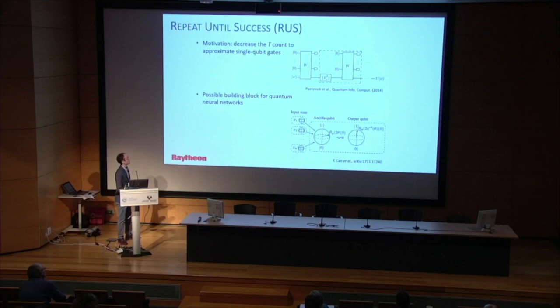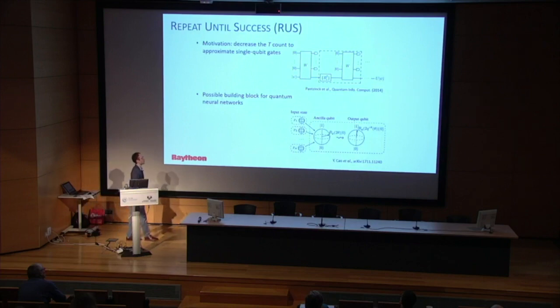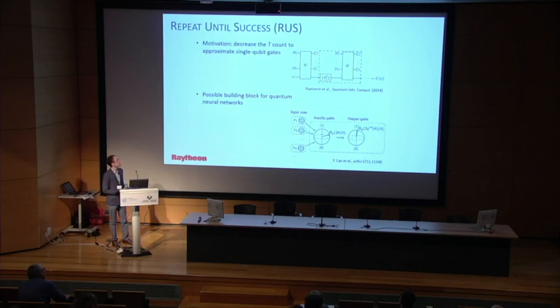Now, this protocol has also attracted recent interest for a possible implementation of a quantum neuron with superconducting qubits. It relies on applying some sort of repeat-until-success scheme to implement a nonlinear gate, a nonlinear operation on an input state, which is proposed here. So what we did in the lab was try to see if we can do it on a single